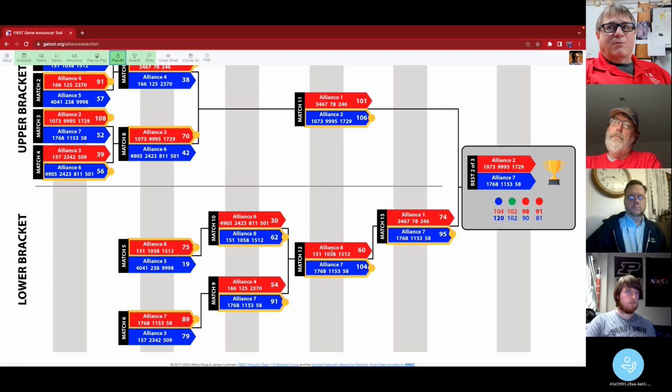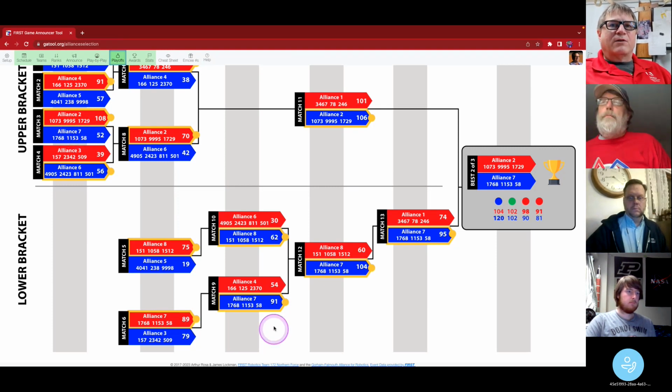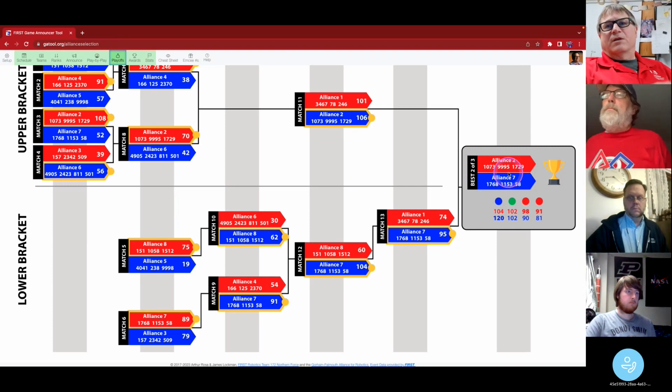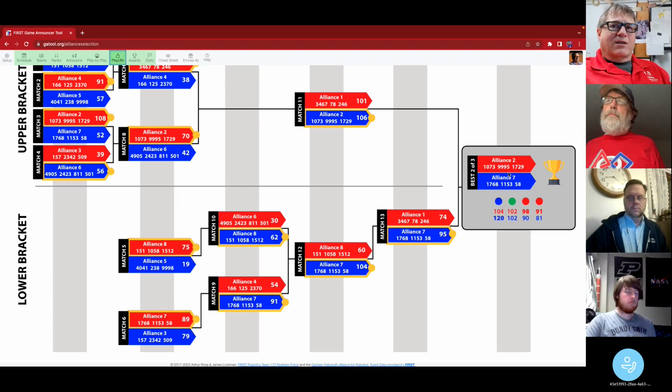It's not a bad thing to be Alliance 8 anymore, because you're going to get down into the lower bracket and you might find some surprises down there, which is cool. And the fact that Alliance 7 lost, right? They lost in the first round and they ended up in the finals, which is awesome. So, and in fact, if you look at this result here,